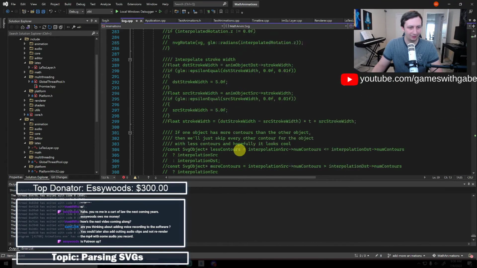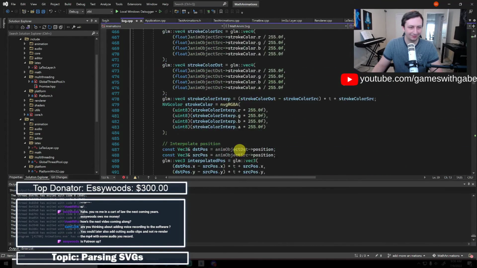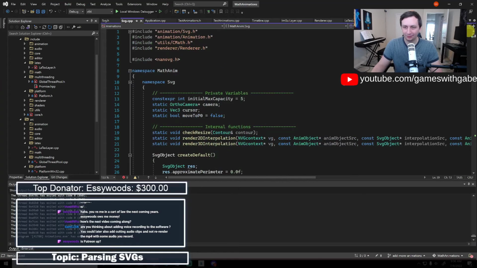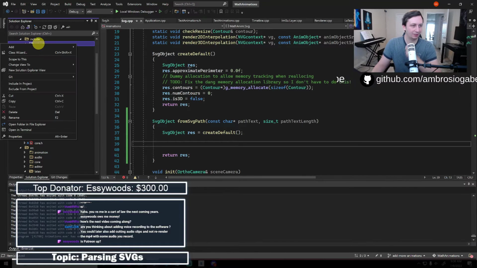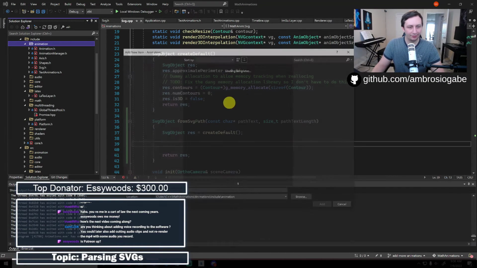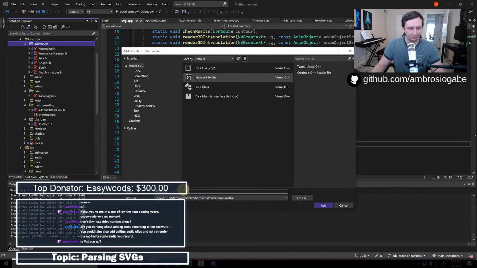Well, this file is getting kind of bloated. Okay, yeah, let's make a new file real quick and then we'll put it in there. I think SVG is in here. Okay, yeah, we'll have a new file in here. This will be SVG parser.